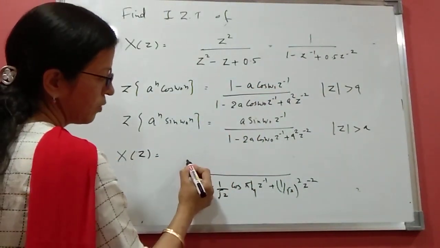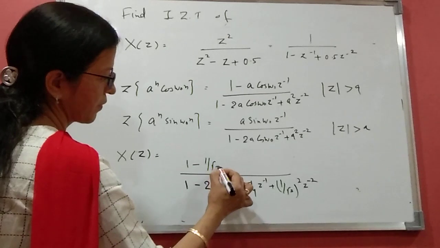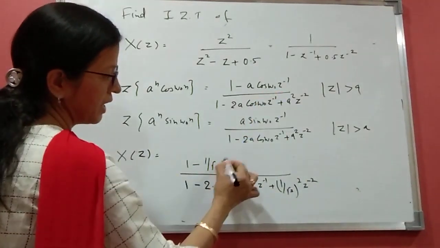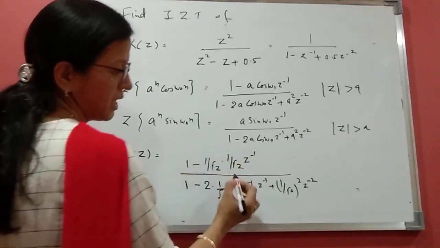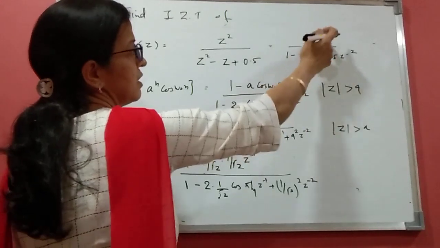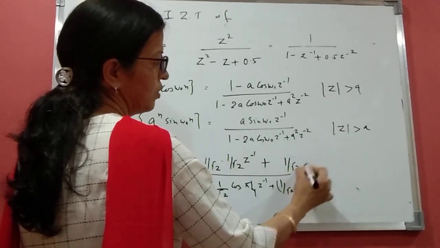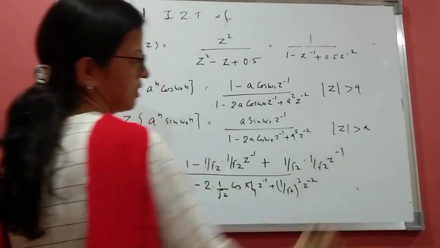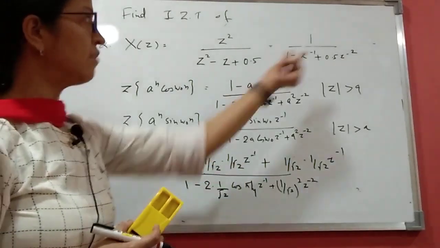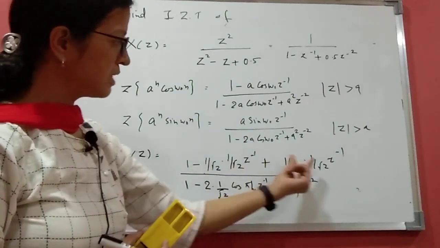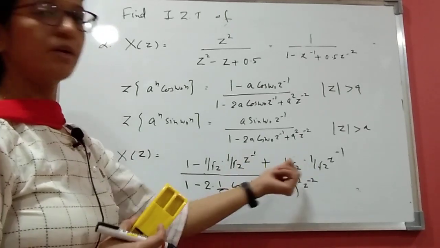So, I will write down here 1 minus a cos omega naught. What is a? A is 1 by root 2 and cos omega naught, cos pi by 4, is again 1 by root 2. So 1 minus 1 by root 2 into 1 by root 2 z inverse, that is 1 minus half z inverse, but we are not having anything as minus half here. So we have to add the same value, plus 1 by root 2 into 1 by root 2 z inverse. That means we are adding nothing, minus and plus become 0, because we have 1 here and we have to adjust it. So it will come as 0.